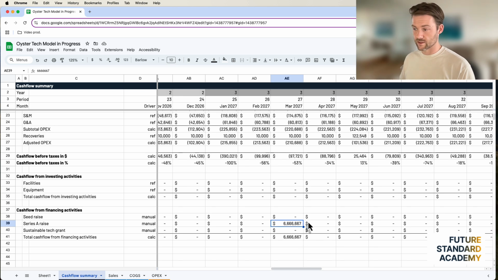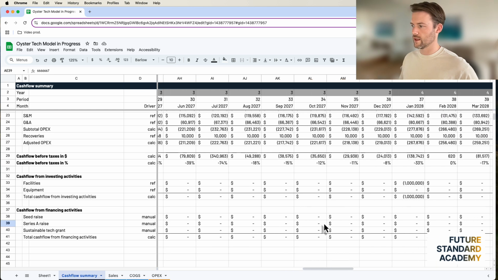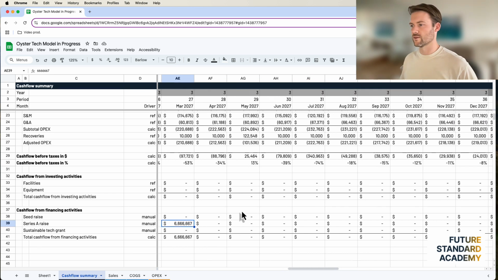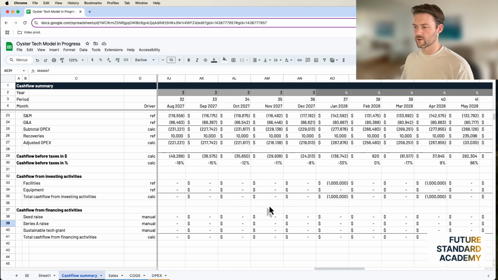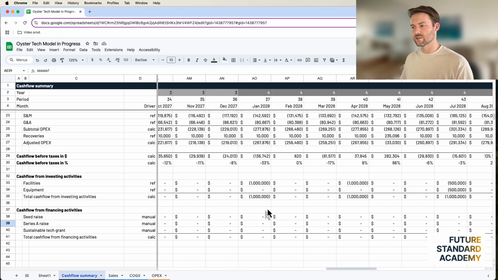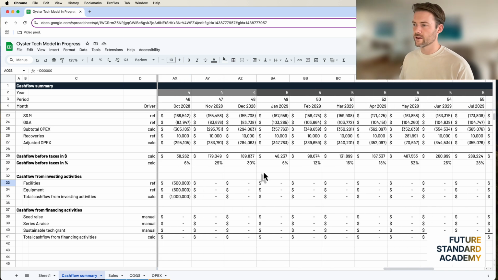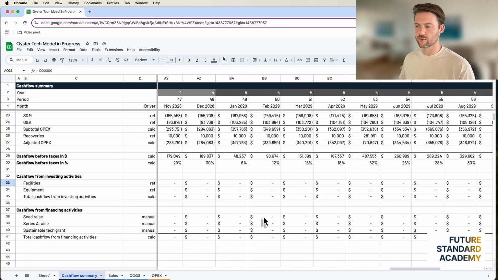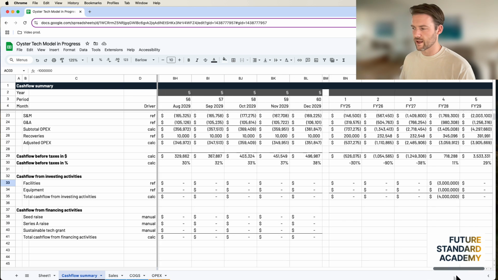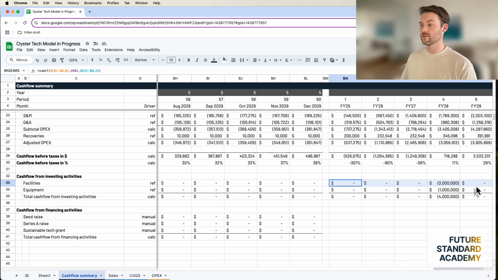Then they're going to do the Series A raise for about $7 million in 2027. And that's going to allow them, first off, to scale up in 2027 with that new sales team that we talked about, increasing the burn rate so much. Also, it's going to help them cover the facilities that are starting in 2028. Okay. And after that, you saw that the company becomes profitable in 29. So ideally, they wouldn't have to raise a whole bunch of external capital on top of that.